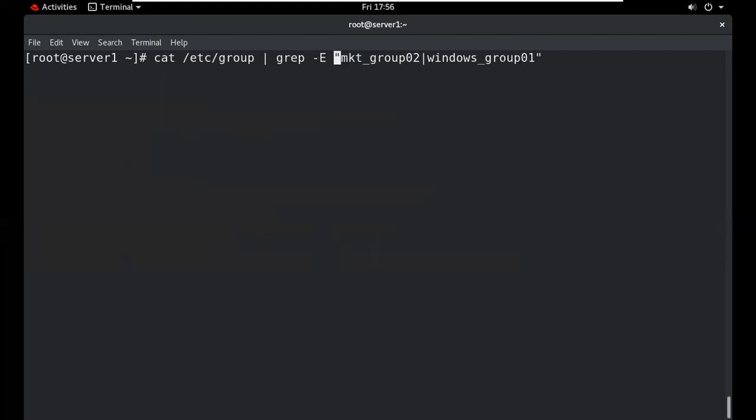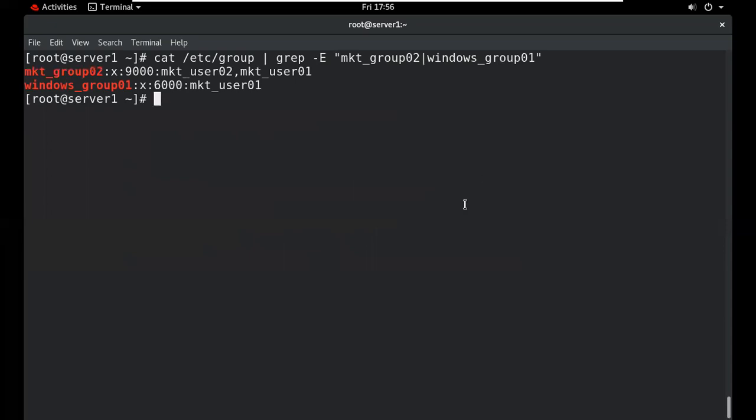At the same time we can check more than one group. The -e option is used to extend the search. We can check on this group, and at the same time on this other group. So this user is a part of this group also, and of this group too.